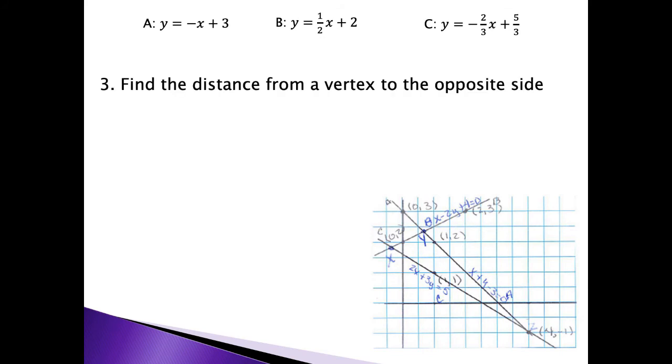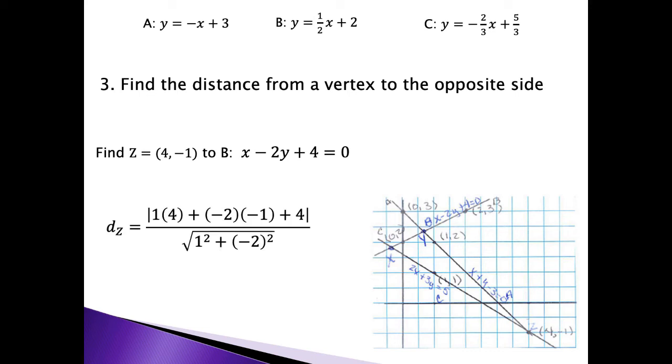Now the last step is to find the distance from the vertex to the opposite sides. This is the altitude. So from Z to line B, we find the distance, so that's going to be 1 times 4 plus negative 2 times negative 1 plus 4 divided by the square root of 1 squared plus negative 2 quantity squared, which gives us the absolute value of 4 plus 2 plus 4 over the square root of 1 plus 4, which is 10 over the square root of 5. Notice that cannot be simplified,